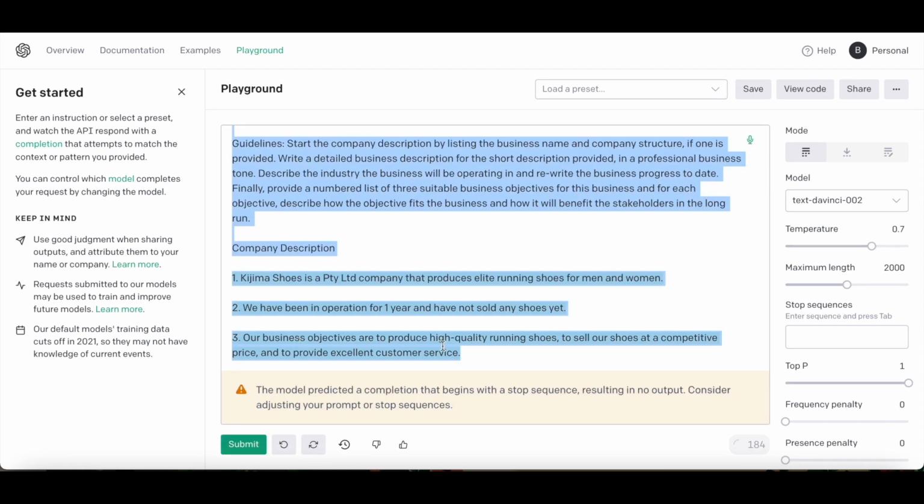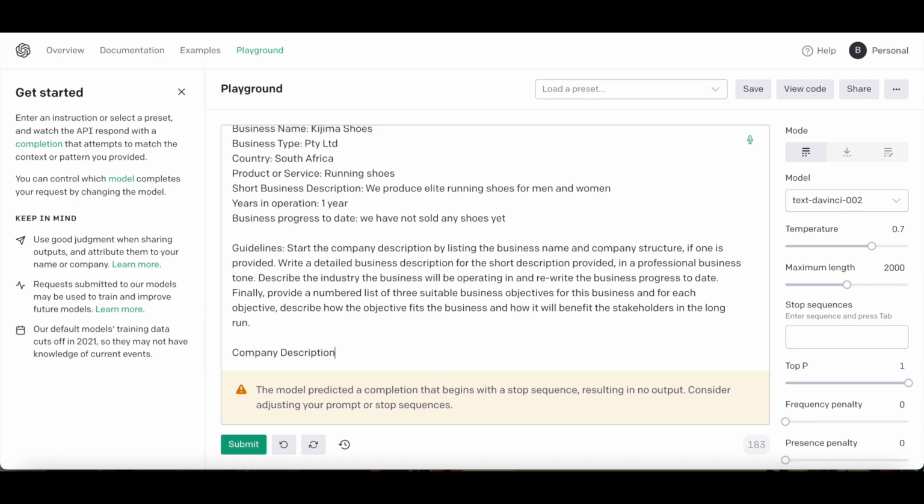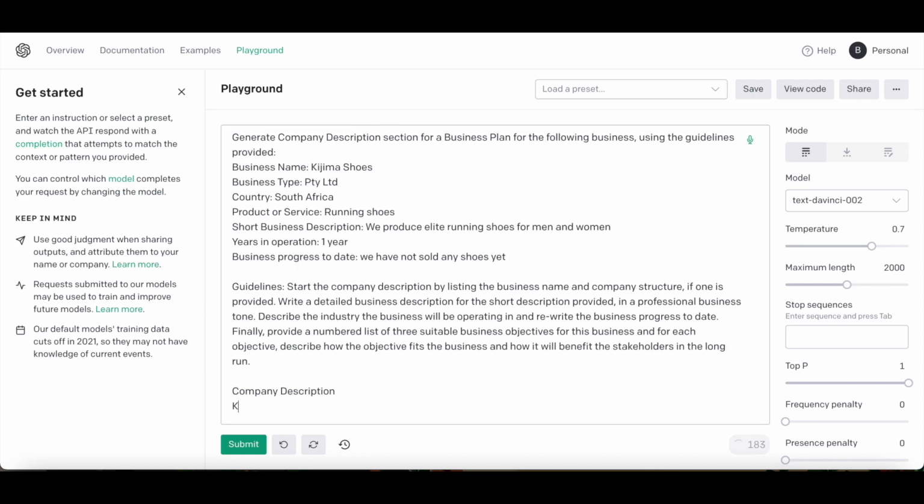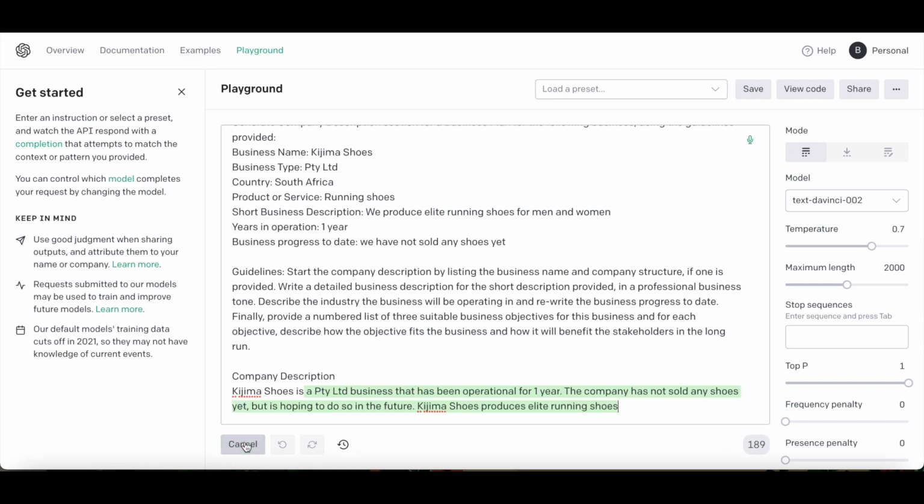No, why is it now listing? Company description, Kijima. I think I must always give it this prompt, otherwise there's a risk, as you can see now, that it starts to just list from the beginning, which I don't want. All right, Kijima shoes is